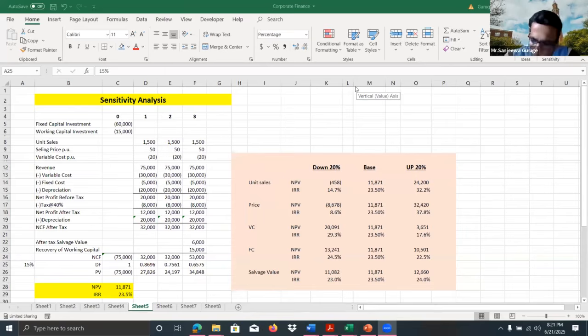Otherwise, if this adjustment is not there, as someone mentioned earlier, there may not be any specific information relating to inflation. But if there is some information that the cash flows have been estimated in nominal terms, or with inflation, but this is the real rate, and if it is given that way, then it is necessary to make this adjustment.